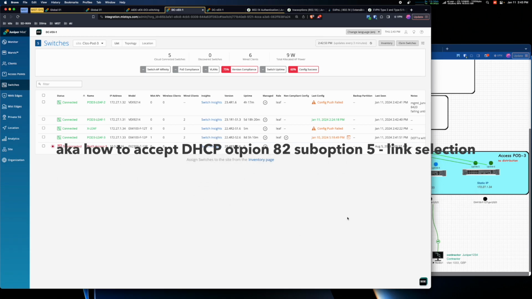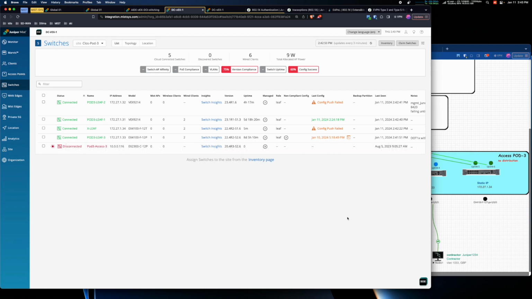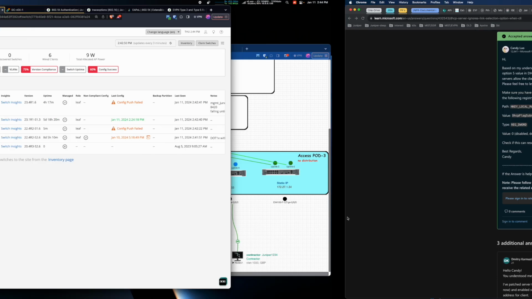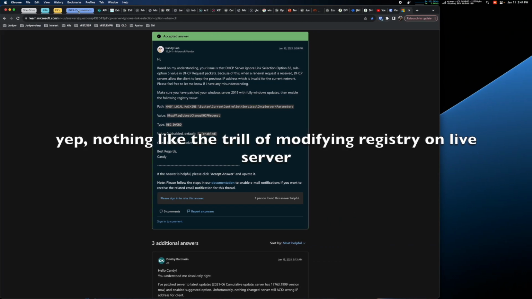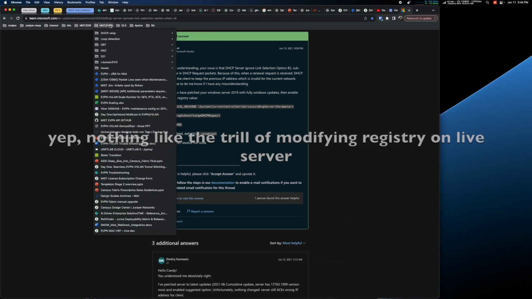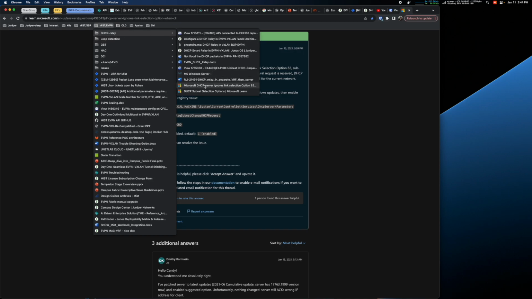Today I want to talk to you about Windows DHCP server again. In the last series, we talked about how to configure IP Clos fabric, where loopback is a source for DHCP relay. In this case, I wanted to bring an example that happened to our customer, which is running Windows DHCP server. Now, as Windows states, if we look at the DHCP server, you have to enable